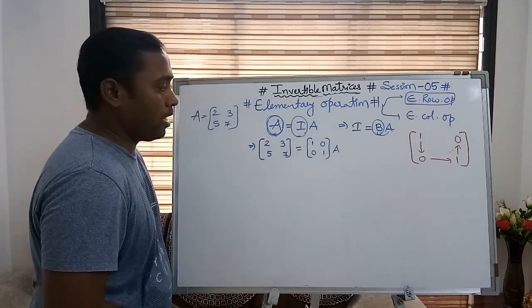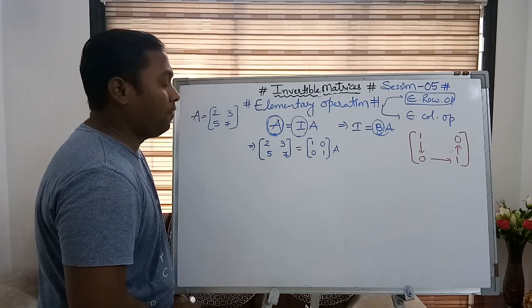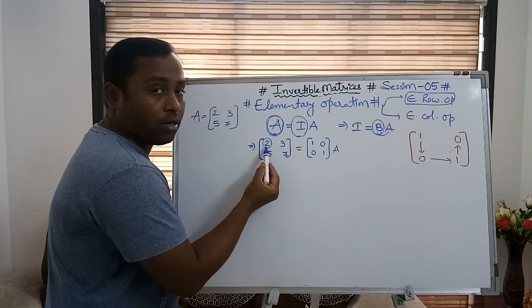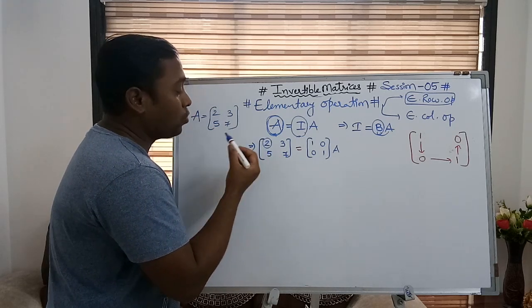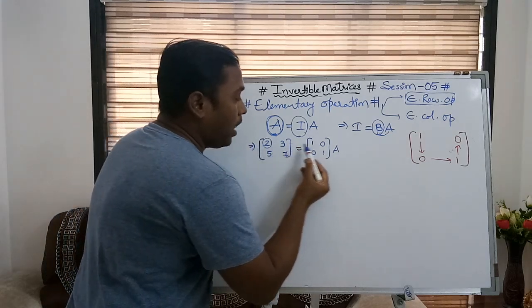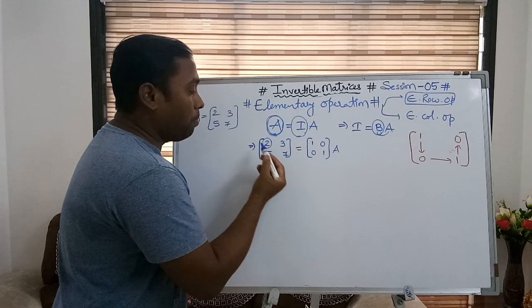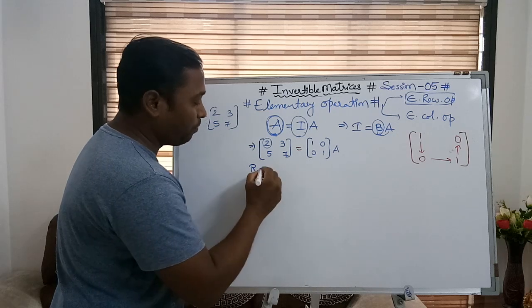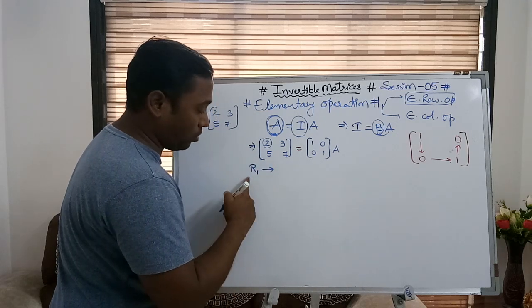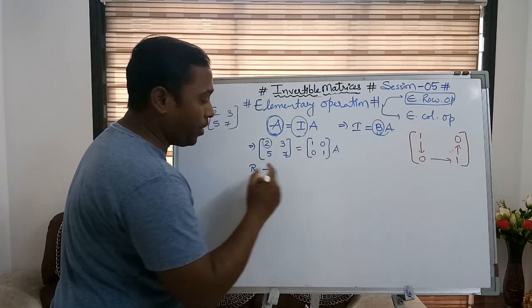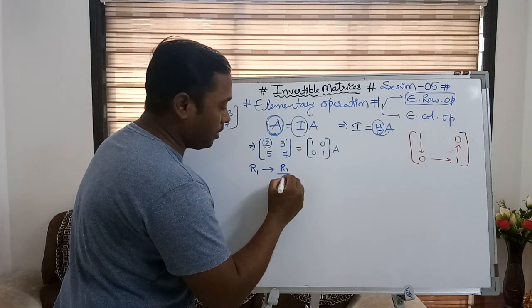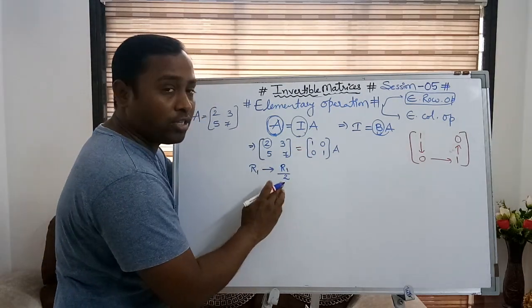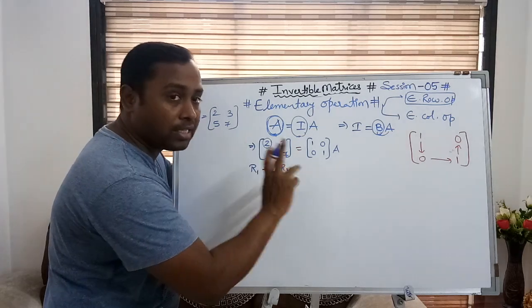Now see what I mean. First, I'll start with this: I want 1 here, in row 1. So what I can do is divide the entire row by 2. I am going to change row 1, which is why I am writing row 1 first. R1 is going to change like R1 divided by 2. So simply divide the entire row by 2, and while changing R1, the row 2 elements will not be disturbed.